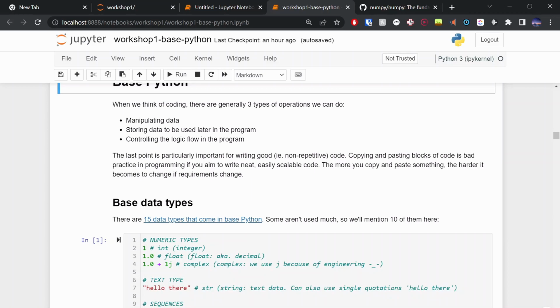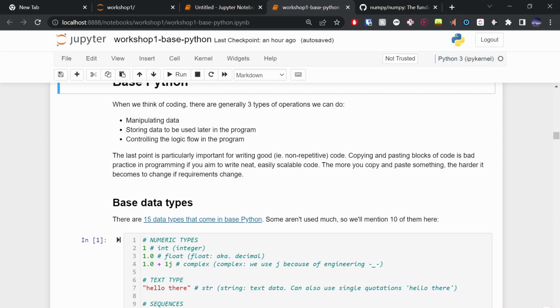Because, to be honest, we don't even need this third one. If you want to add 1 to a number like 100 times, you just have to repeat that line of code 100 times, right? But the thing with writing good code is non-repetitive code. If you're copying and pasting lines a lot of times, that's bad code.